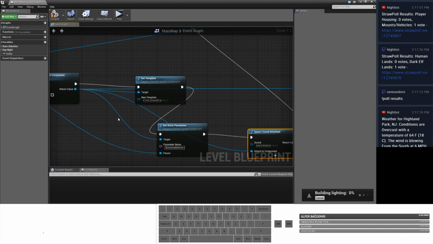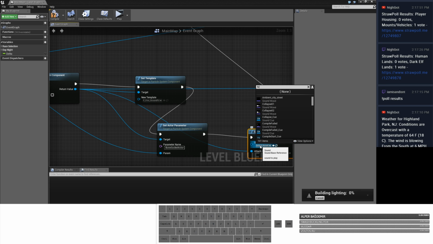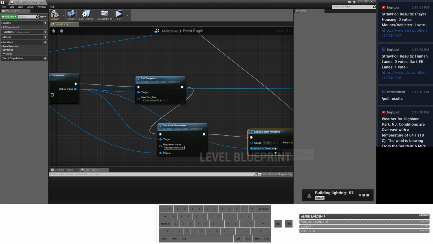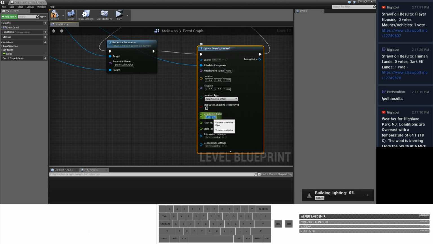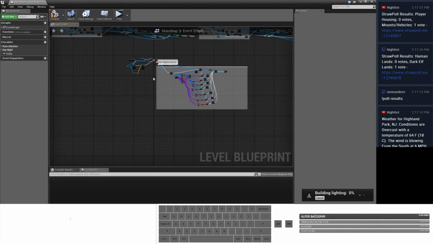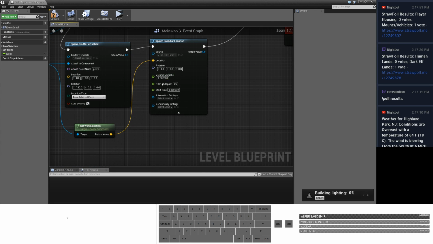Just attach it to that component. That's cool. Fire 1, and I want it to be quieter. What was the other thing I needed to do? Oh yeah. Let's make this half volume as well.